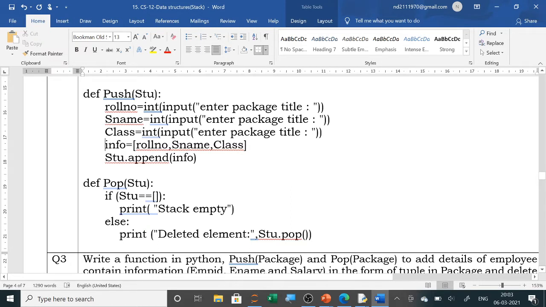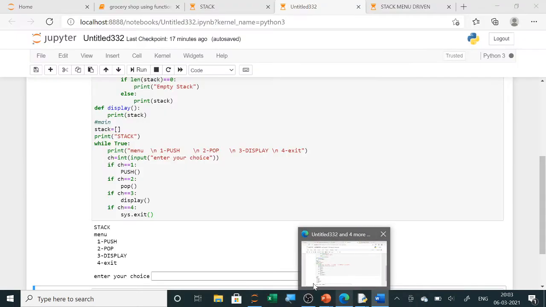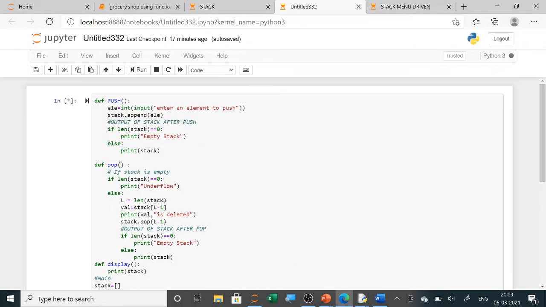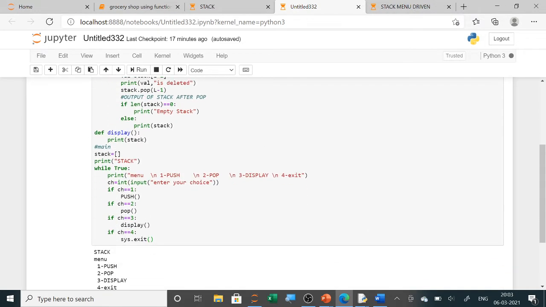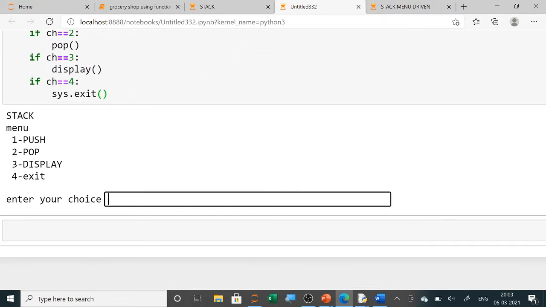में दिया रहेगा, और डॉट पॉप। तो ये बहुत इजी है, 3 मार्क्स का ये क्वेश्चन आएगा, और प्रैक्टिकल में आपके ये क्वेश्चंस आएंगे। तो आप प्रैक्टिस के लिए मेनू ड्रिवन बना लीजिए। तो मेनू ड्रिवन प्रोग्राम कैसे बनाएंगे आप, यहाँ पे आपको स्टैक का प्रोग्राम दिख रहा है, हमने पुश के लिए प्रोग्राम लिखा, पॉप के लिए प्रोग्राम लिखा, डिस्प्ले, और ये हमने मेनू डाल दिया है।